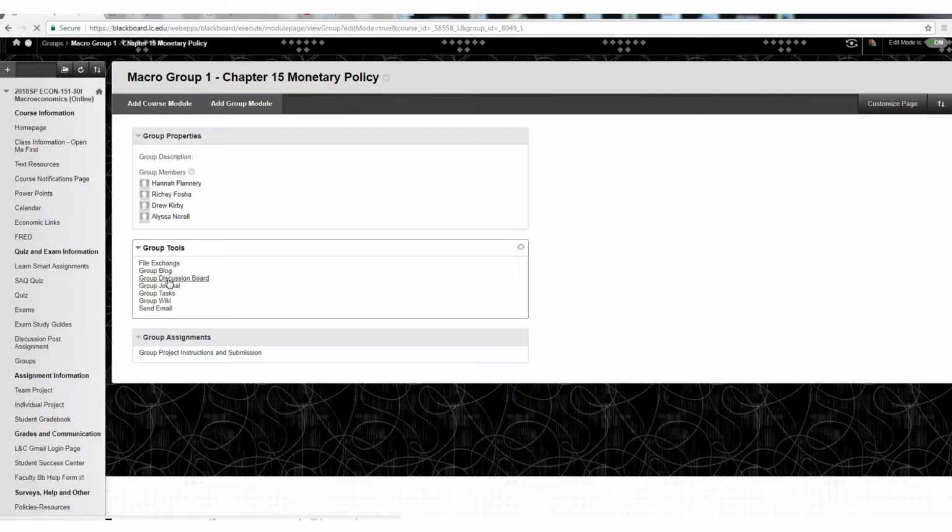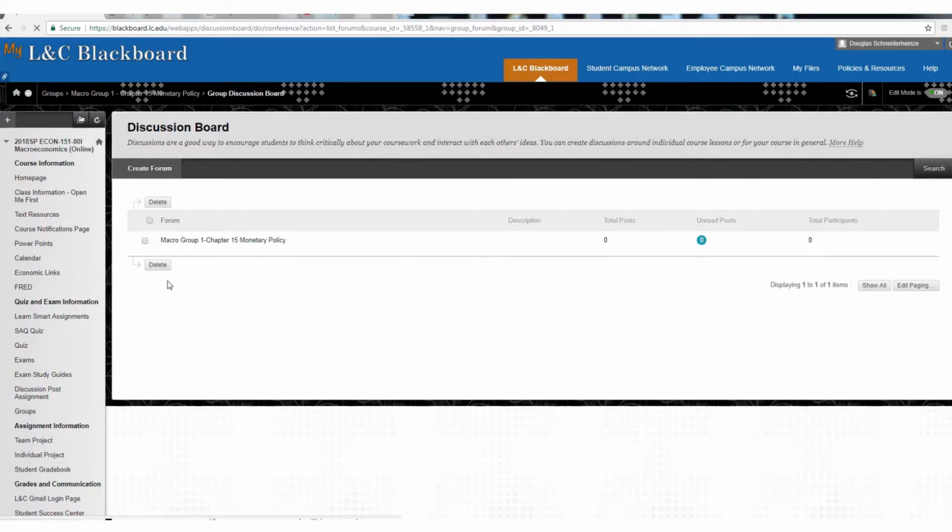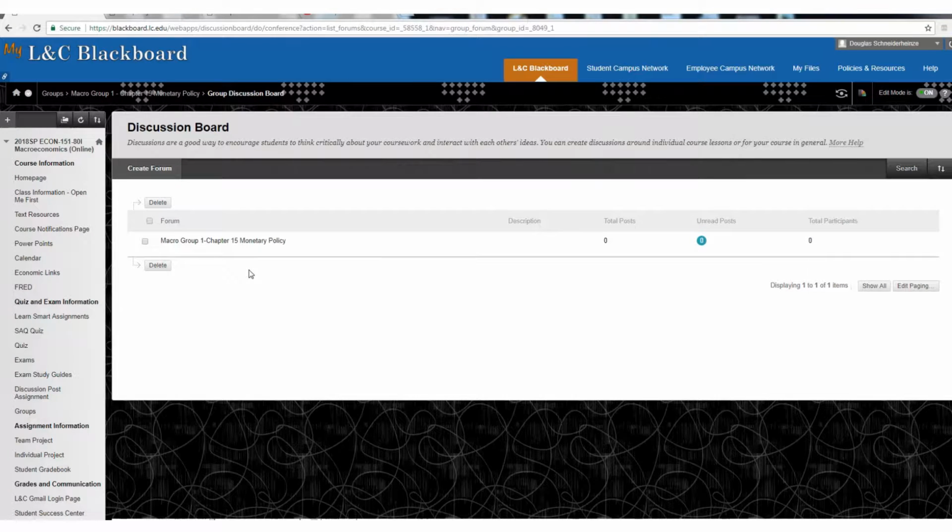If you go to the group discussion board, and if you've probably used discussion boards before, I'd like every group member to go into their group today and post something on there. You know what your chapter is, so you don't have to choose that. But you do have to have some research questions, and I'd like to have those research questions by no later than Thursday, so we can kind of know what each person is researching. What I want you to do is look at Group 1, look at Chapter 15. It's on monetary policy. If you go to the text,